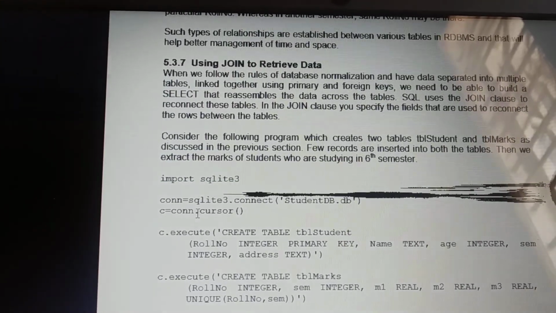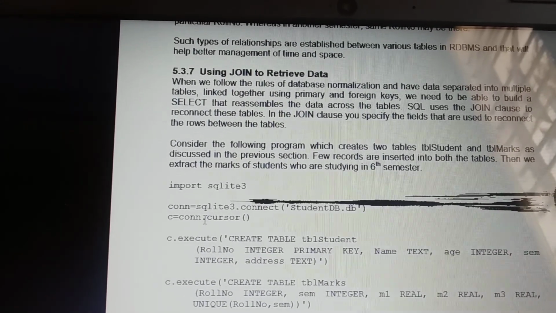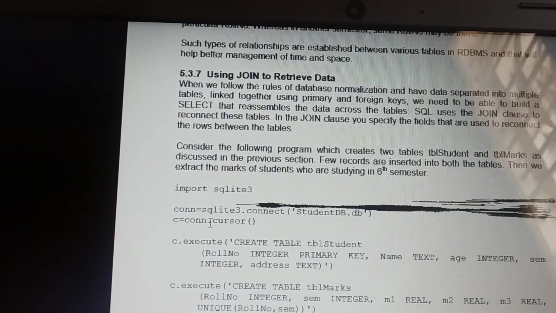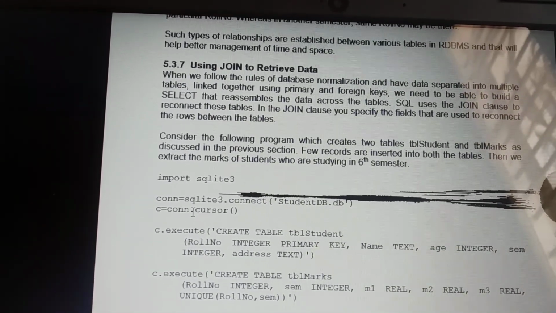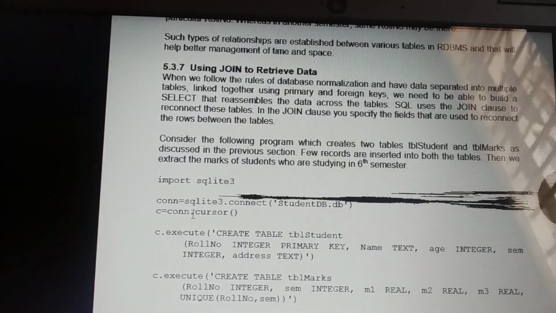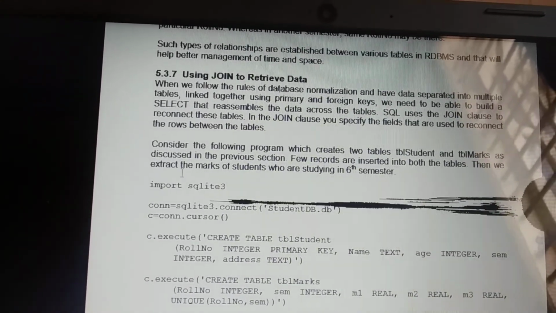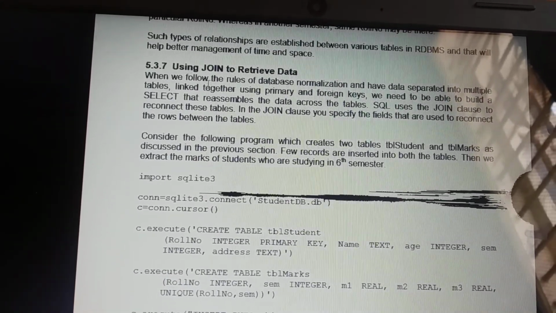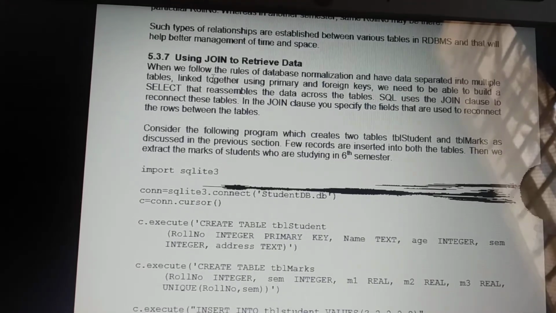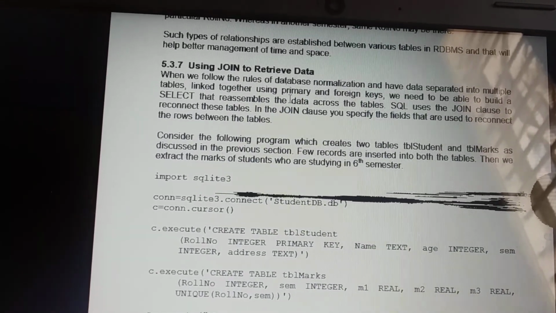Here, first you are going to use normalization. Data normalization means that, based on some specified rules, you separate the data into multiple tables, link that data again using primary and foreign keys, and build another table. So you select which table you are going to normalize, meaning separate the data in that particular table.